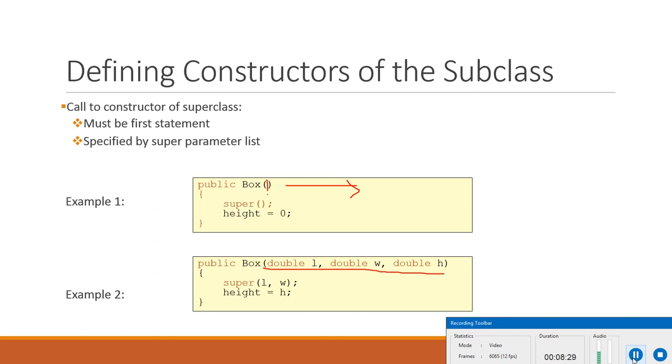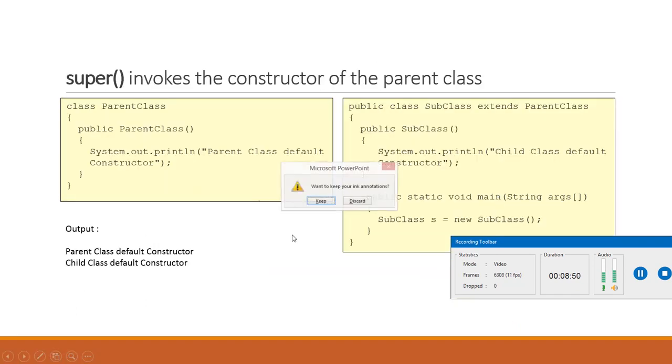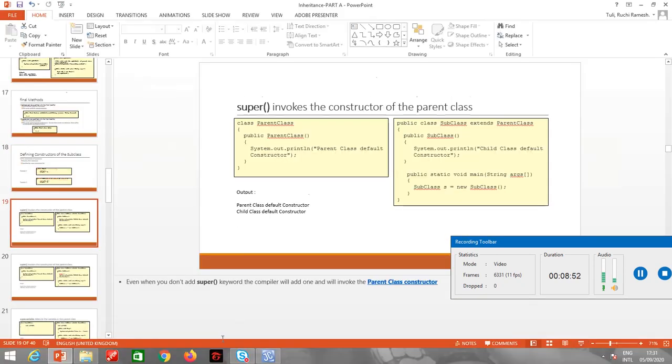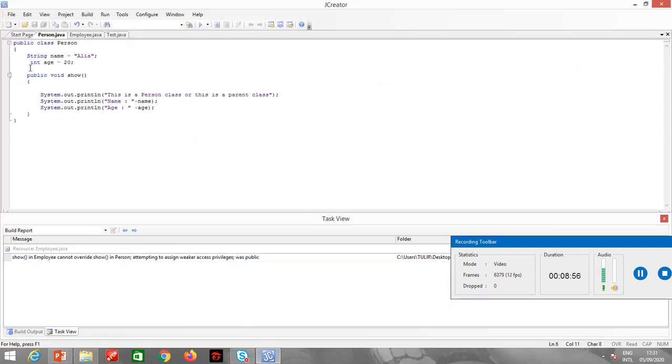There are two types of constructor, the parameterless constructor and the parameterized constructor. How to call a parameterless constructor and how to call a parameterized constructor. So I will just modify those two programs which I did in the last class. Alright. Okay, so let me quickly go over the program. Now I have initialized the values of name and age.